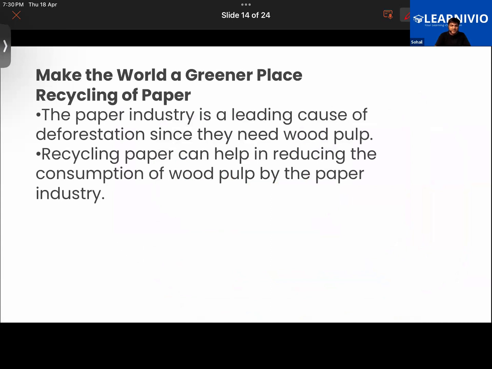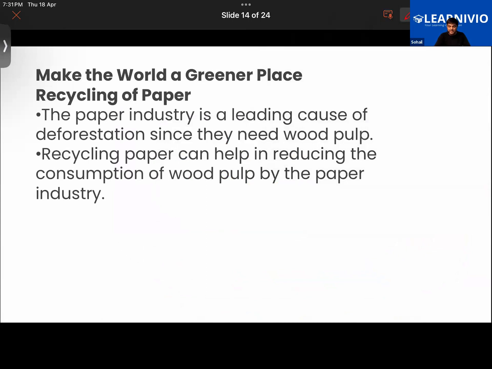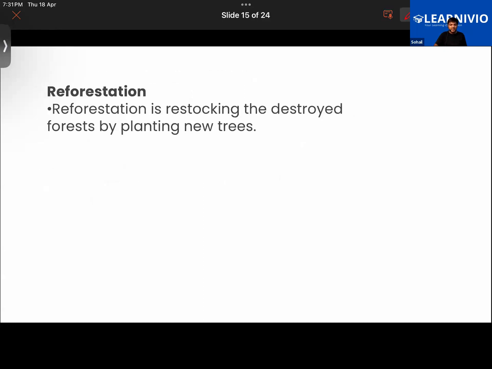So in the next class, we will understand what the mitigation methods are. Mitigation basically means that damage is being done by something and you try to reverse the damage or reduce the damage. So what are the mitigation methods we have adopted? Reforestation is being practiced by organizations. Recycling of paper is now being promoted. We should use fewer plastic bags, and instead of plastic bags, we should prefer paper bags.